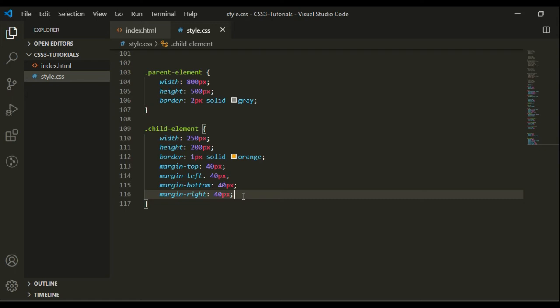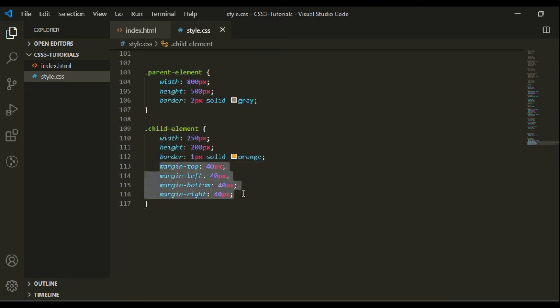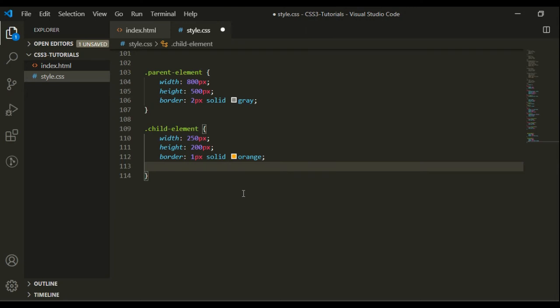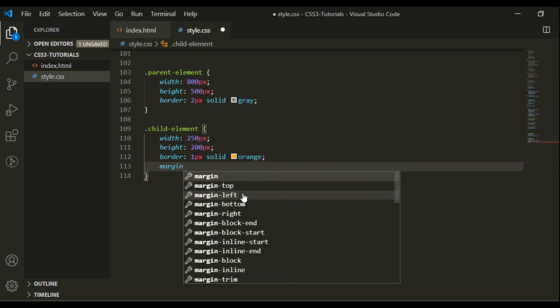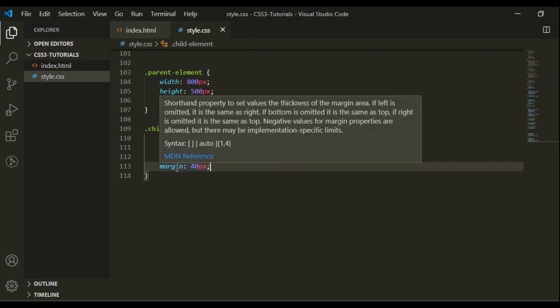In this case I will remove all these 4 properties and I will give just one property instead of 4. I will give just margin 40 pixel. So this is the shorthand property for margin.